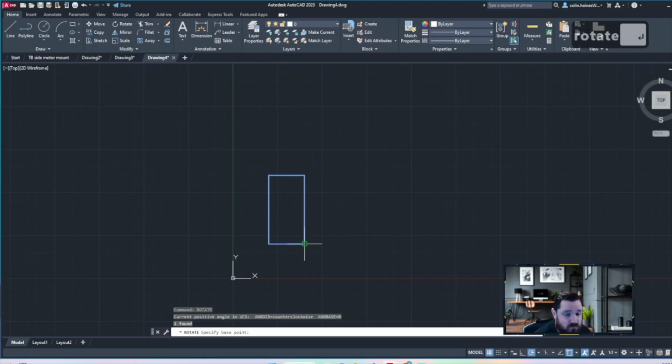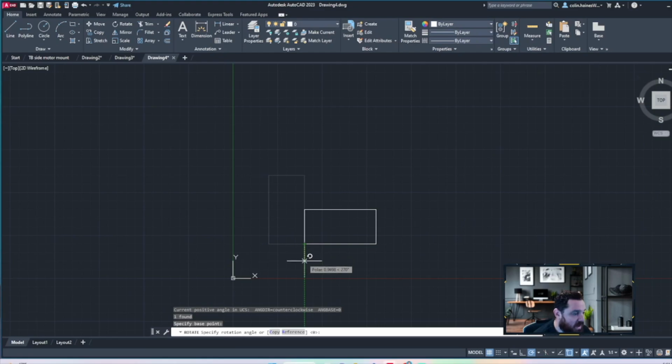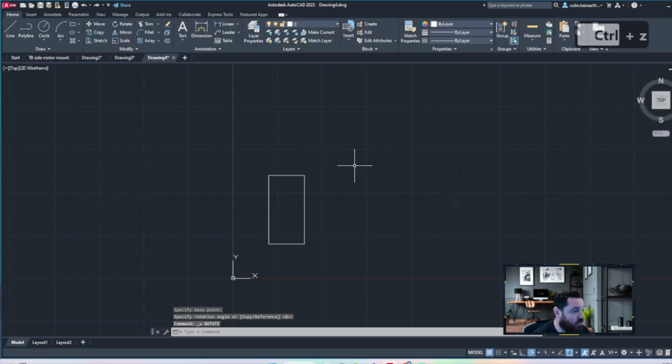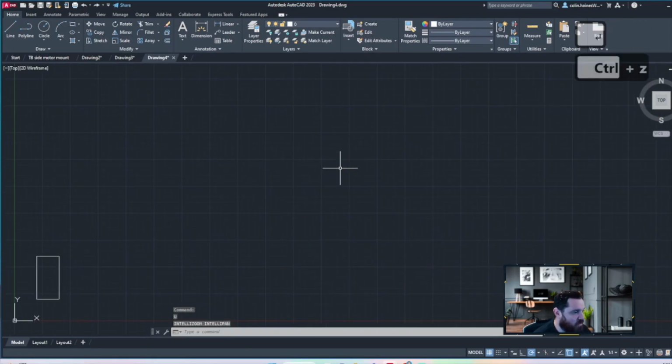And just like in our last video with the mirror tool and the copy tool and the stretch tool, you are going to select a point, any point. I find it's best to use a known point. For this example, let's go ahead and use this known point of our bottom right-hand corner. So we're going to click that corner, and using our snaps, we're just going to point straight down, or we could specify an angle of rotation. So I'm just going to put it straight down, or similarly with my keyboard,